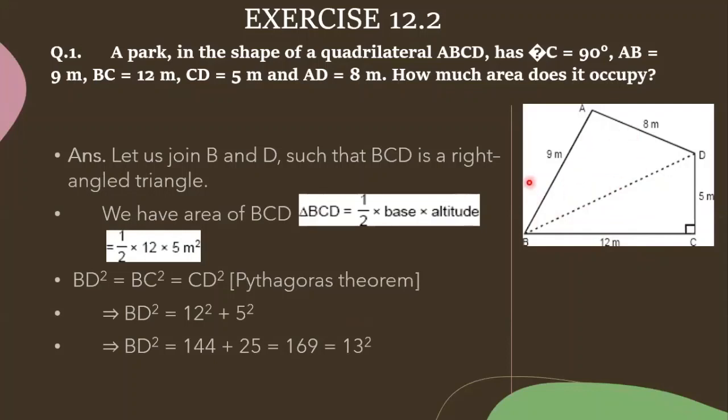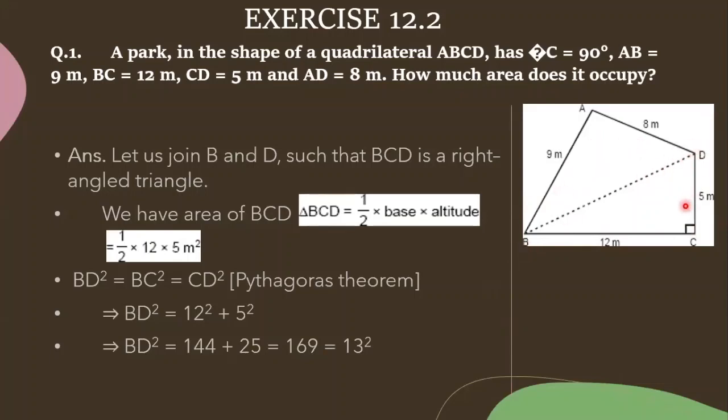So then find the area of this triangle ABD. After getting area of ABD, add both the triangle values, you will get area of this quadrilateral. Am I clear, children? Once again repeat, this BD divides the quadrilateral into two triangles. So triangle BDC is a right angle triangle, because angle C is 90. So in this triangle, we have got base and height. So by using area of triangle half into base into height, we got area of triangle BDC, that is 30 centimeter square.